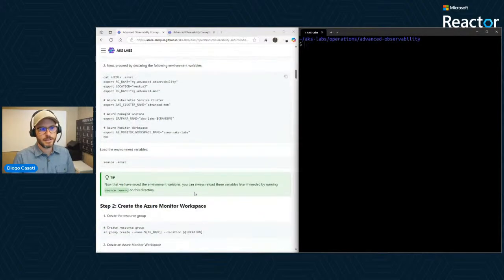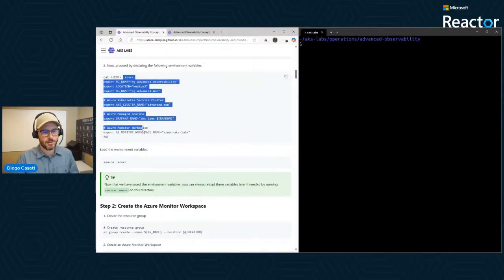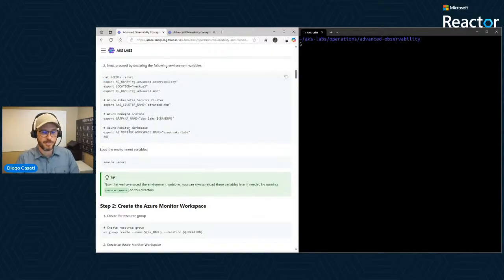Now, the next thing, again, this is a suggestion to make your life a little bit easier, is we're going to create a .envrc file. It can just be an env file. There's a reason why I'm going to do .envrc, so I'll give you that as a bonus for this. I will copy this out, okay? And in this .envrc file, we'll be declaring our environment variables.